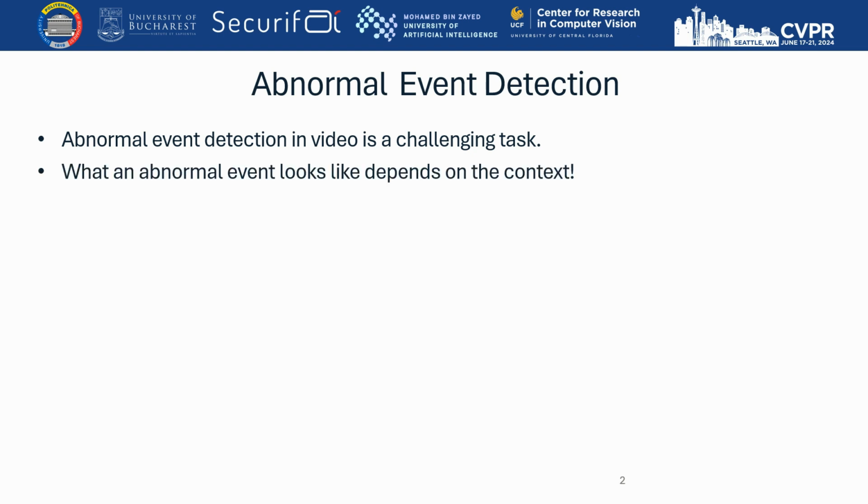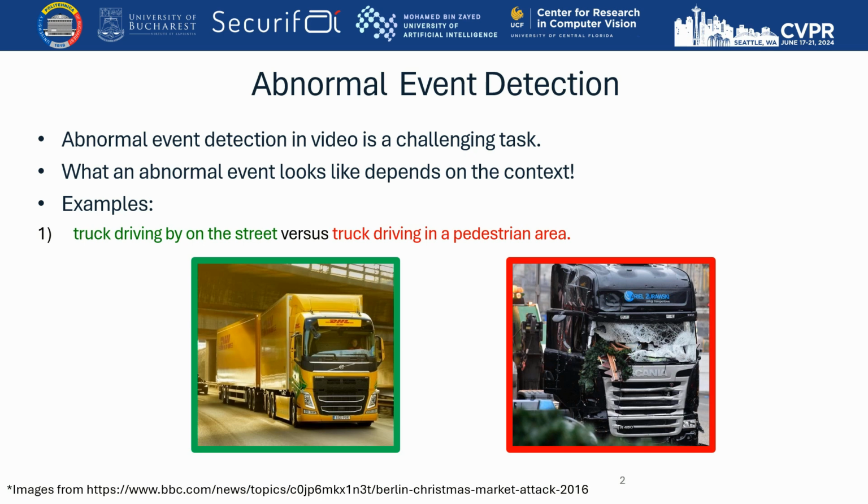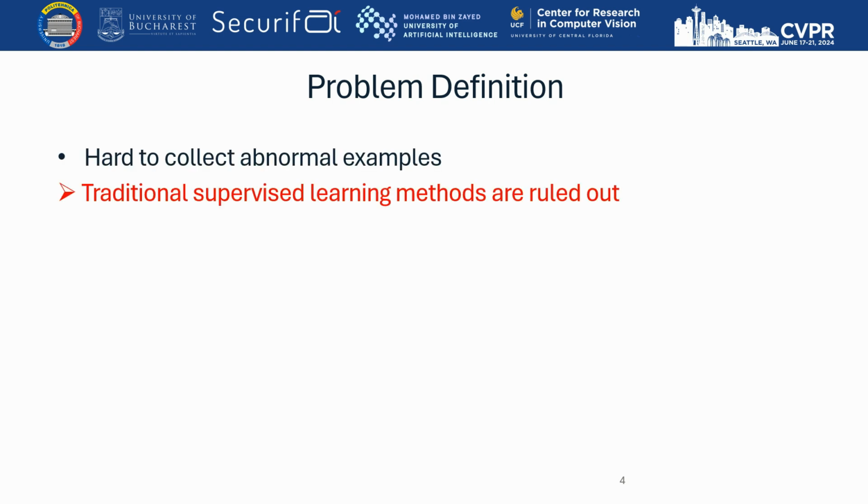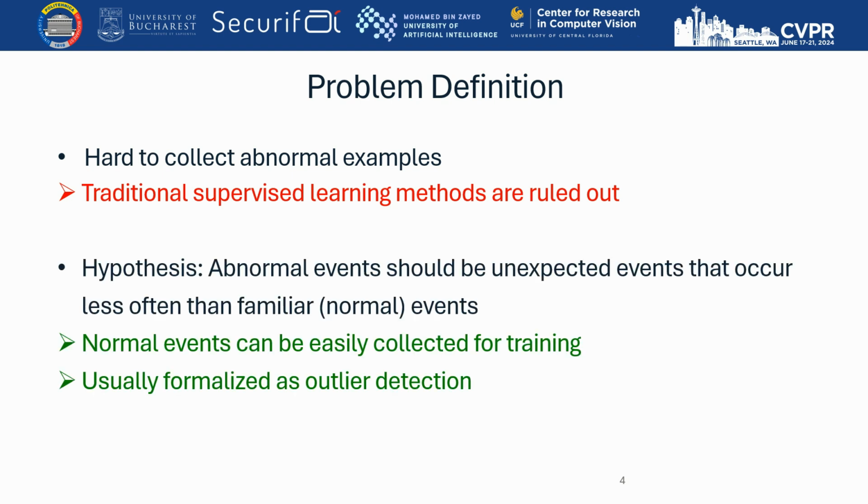The task of abnormal event detection is difficult because abnormal events are highly context dependent. For instance, a truck driving on the street is a normal event, but it becomes abnormal when it is driven in a pedestrian area. Due to this context dependency, collecting abnormal examples is hard. As a result, traditional supervised learning methods cannot be used for this task. Instead, it is usually approached as an outlier detection problem, where abnormal events are unexpected events that happen less frequently